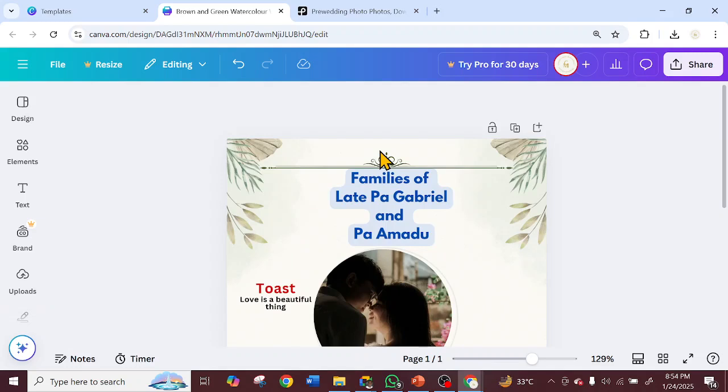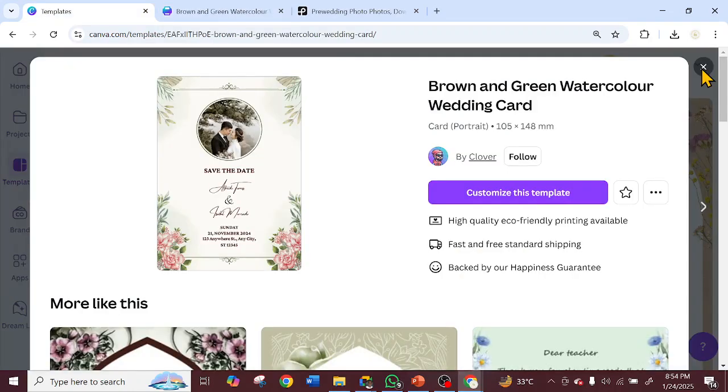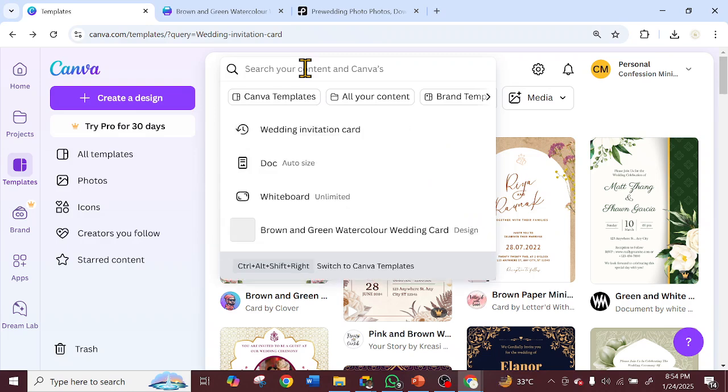So I go back to my home page. I'll close this, then I'll come here again. I'll come and search template again. I'll come and search Canva template. So if you want to search for presentation, especially the presentation you are going to use PowerPoint to do, this is how you are going to do it. Just type in, I'm trying to be balanced. I talk more on education, so I want to be balanced to see, okay, let me see,